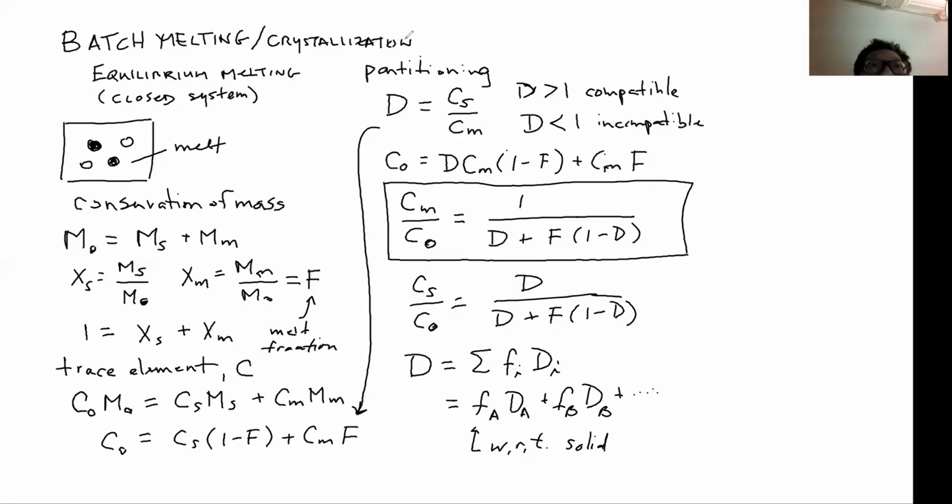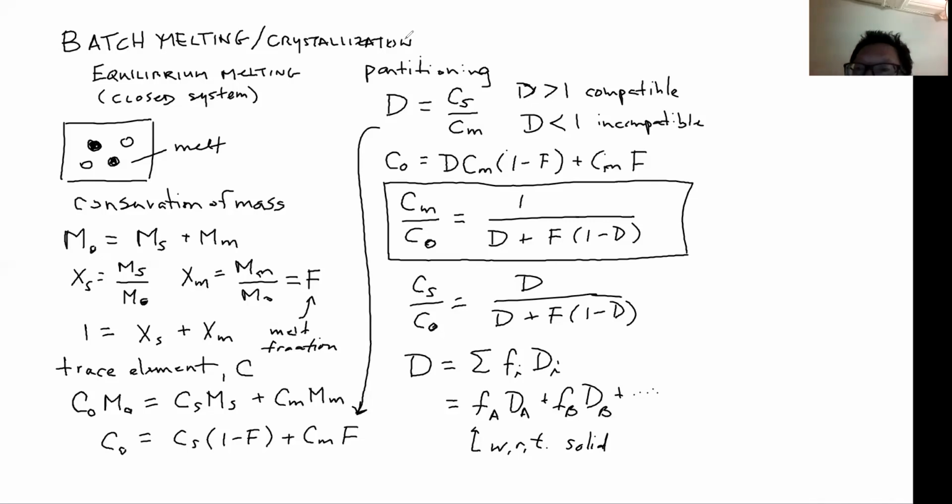So what does this become? Okay. So when you have a multi-solid phase system, you need to account for the different phases. And since it's at equilibrium, you can just use this equation, just use the right bulk D, and you will actually have to correct for how the little f's, the mineral or the phase proportions within the solids, change as a function of F. If you do that, you're all good.